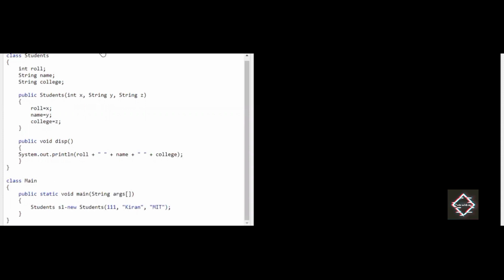Now when I try to run the program, let us see what happens. Sorry for the delay in execution. When I try to run the program, let us see what happens here.